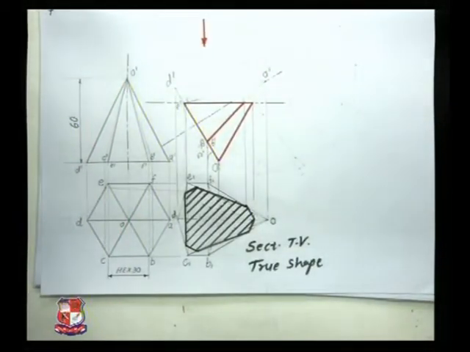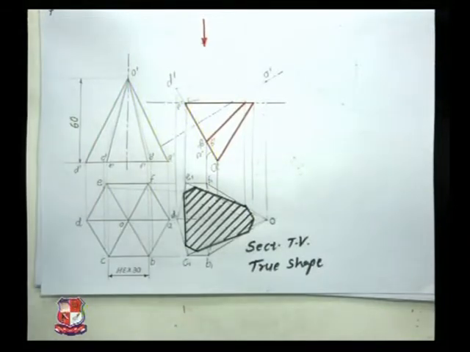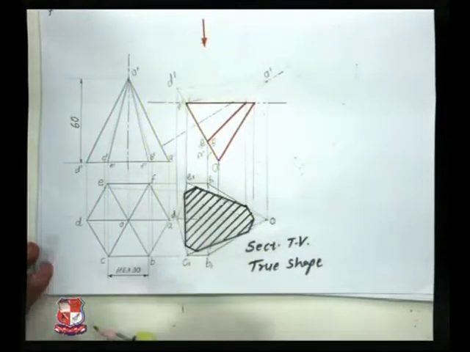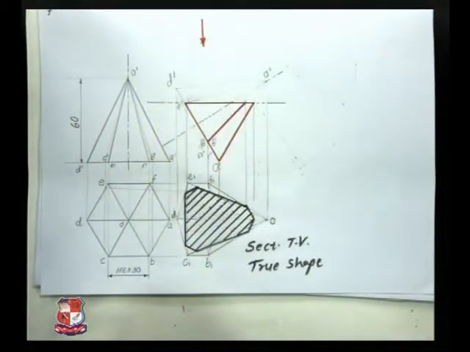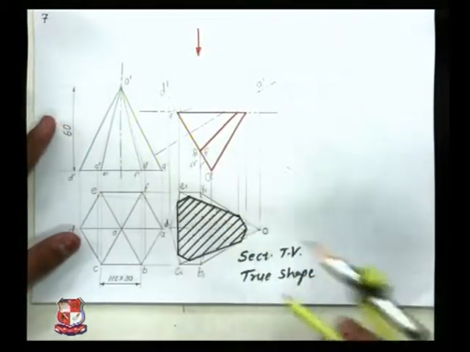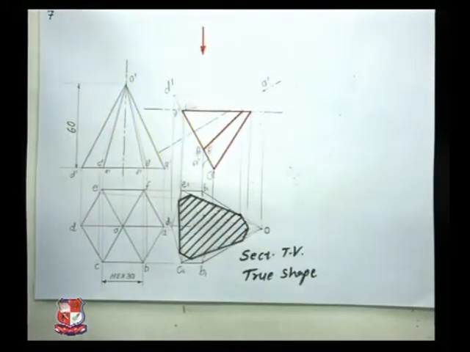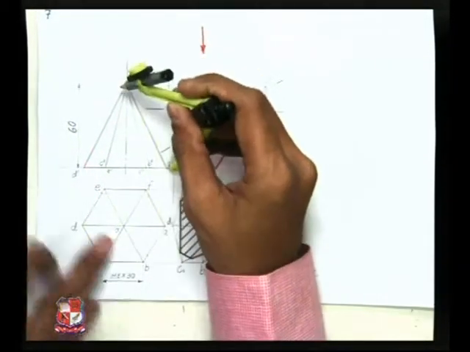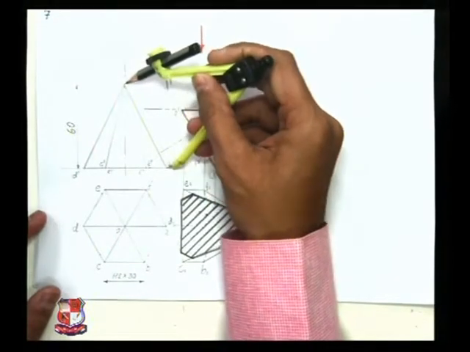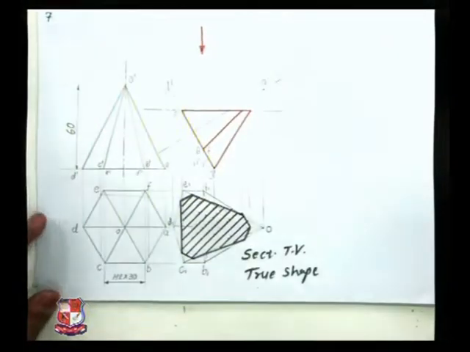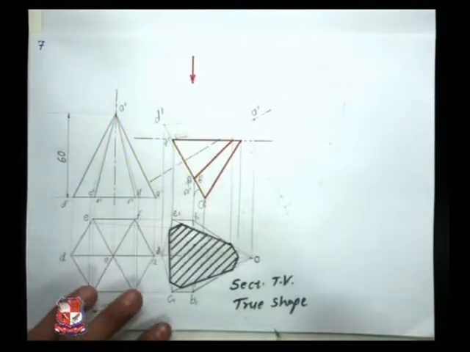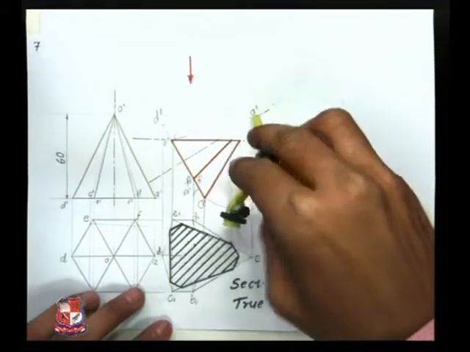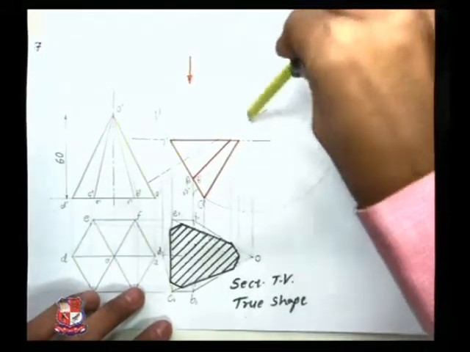Now the third step, that is the development of this solid's outer surface. As it's a hexagonal pyramid, its development would be 6 triangles joined with one line. So for that, first we find out the true length of its slant edge. O dash A dash is the slant edge, and it's also the true length because OA is parallel to the XY line. So this is the true length of the slant edge. Now take this slant edge, the true length, as a radius, O dash as the center, O dash to A as a radius. Draw an arc like this.